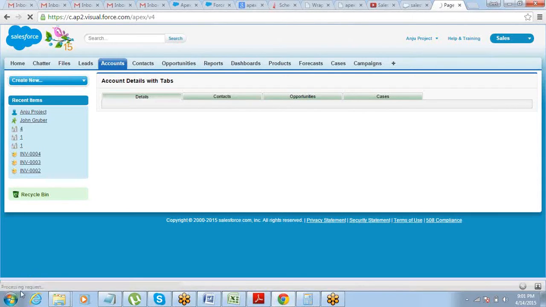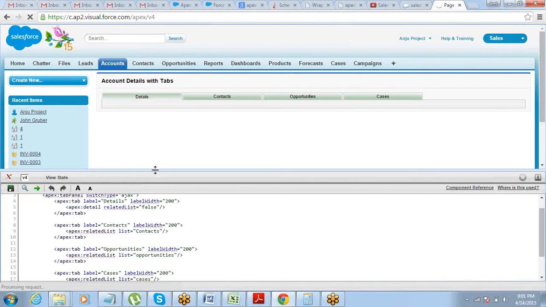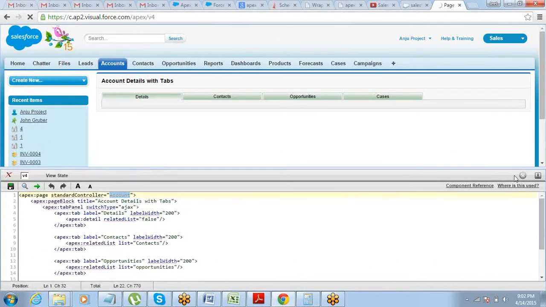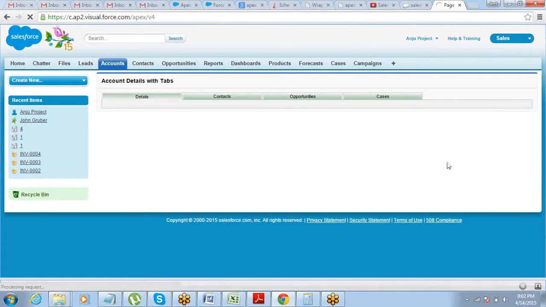And this is a standard controller page. We have used a standard controller here. Now we came across a situation, the client actually wanted to have one more tab here and wanted to display campaigns under that. Okay, the reason why they wanted to do it is the sales team used to call the clients and invite them for the campaigns.